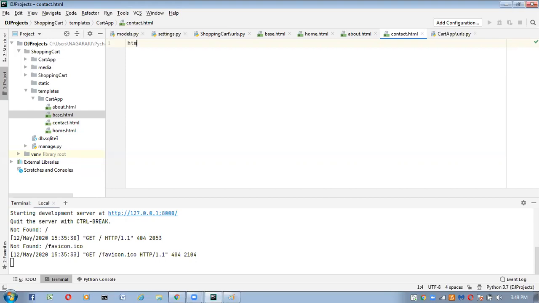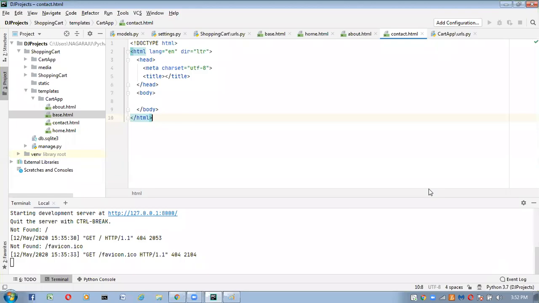Observe carefully. This is the code I am going to take inside the HTML file.